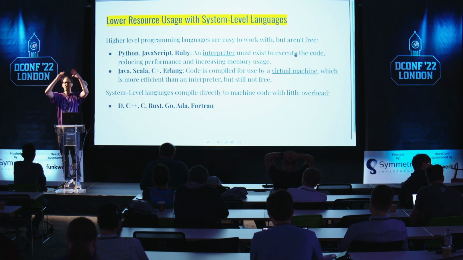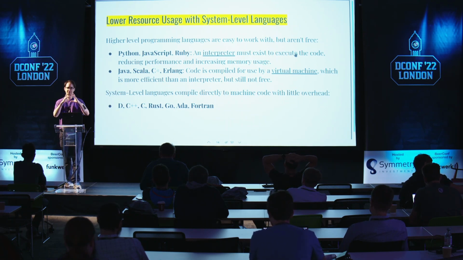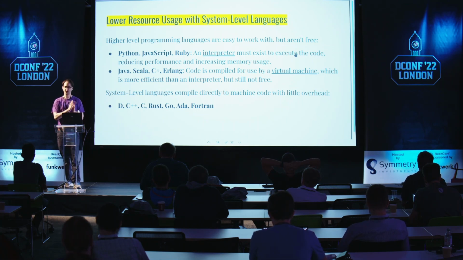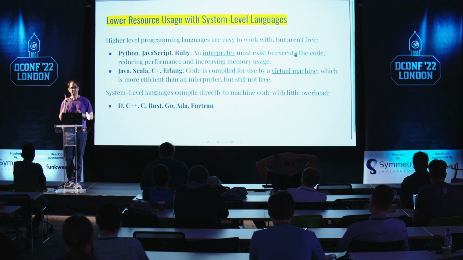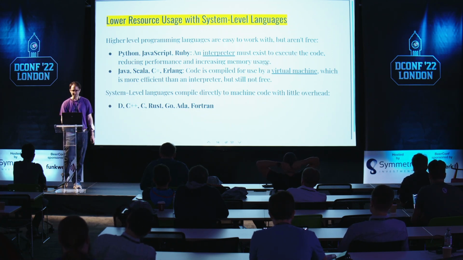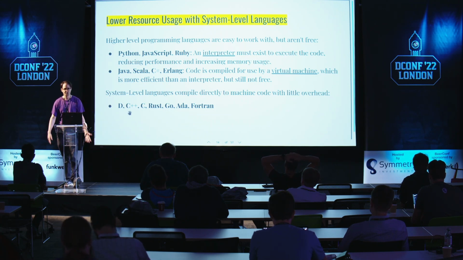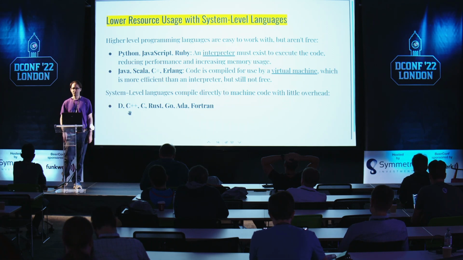I want to get the most powerful game as I can out of this piece of hardware. That's one way of looking at performance. The second way of looking at performance is, I have a given business problem. How can I solve that as cheaply as possible using as little hardware as possible? That's the way of looking at efficiency that matters to these big web service companies. So this leaves room for languages like D, C++, C, Rust, Go, Ada, Fortran to actually have an impact if they can solve these business problems.